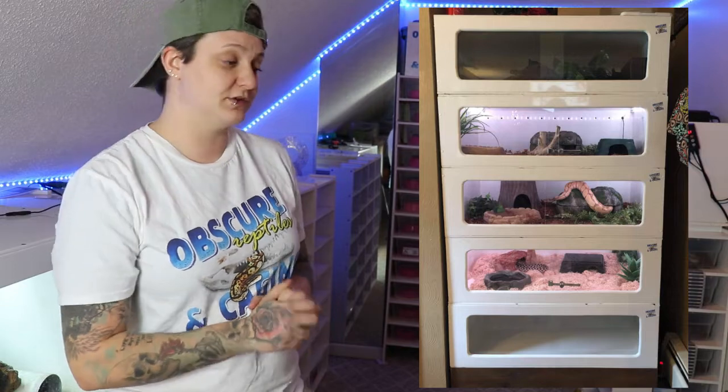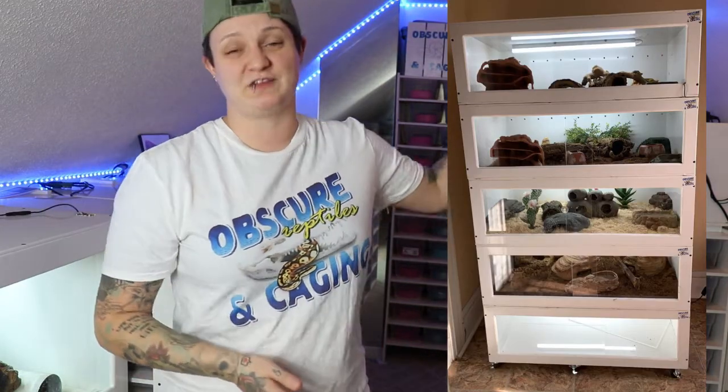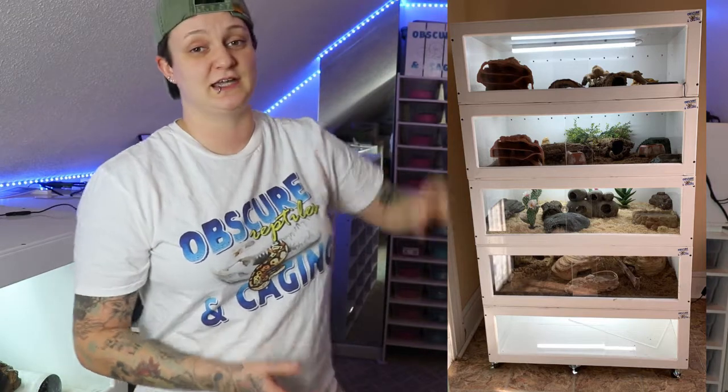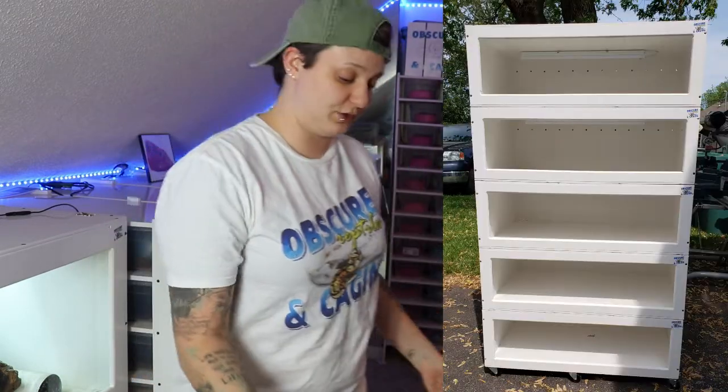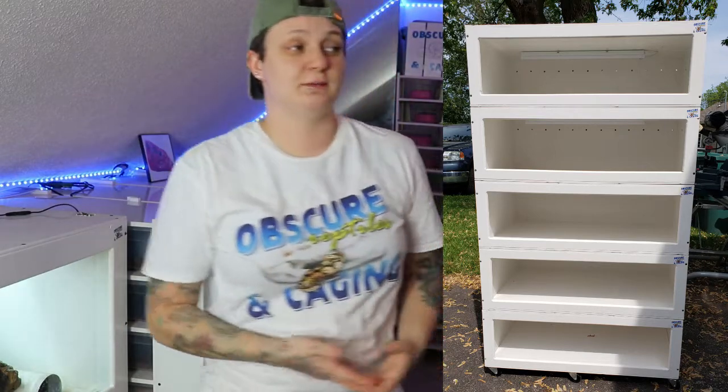It's nice because these are stackable. These were ones that I built last year. The nice part is they're stackable, but you can still only go about, say, 5 or 6 high to be able to comfortably access the enclosures. And then if you're putting them on wheels, or if you want to set them on something, you have to also account for that. So if you're somebody who has, let's say, 50 snakes, that is going to take up a very large amount of space